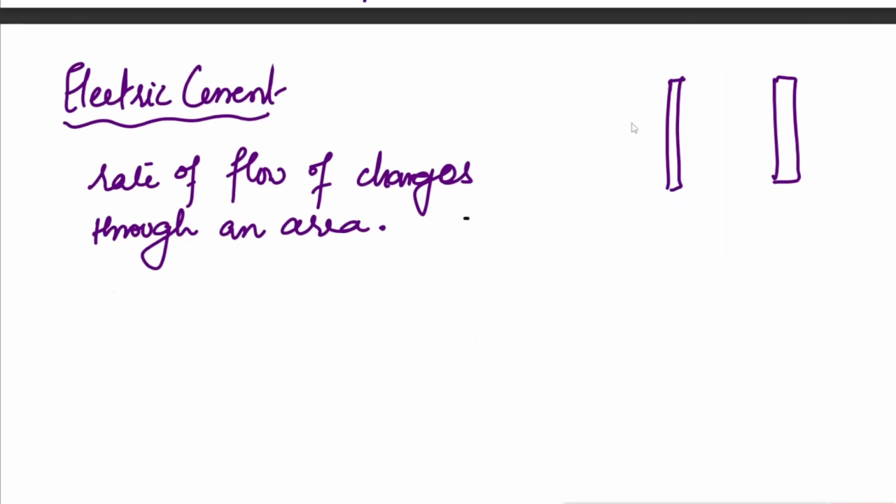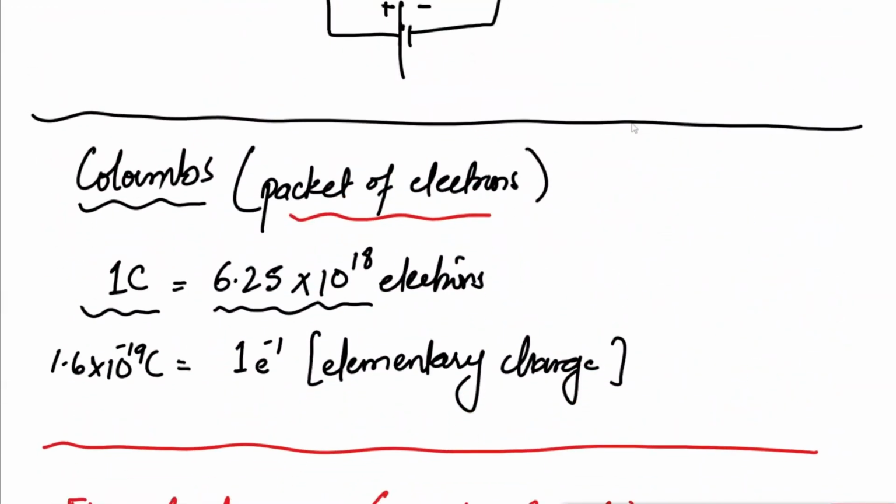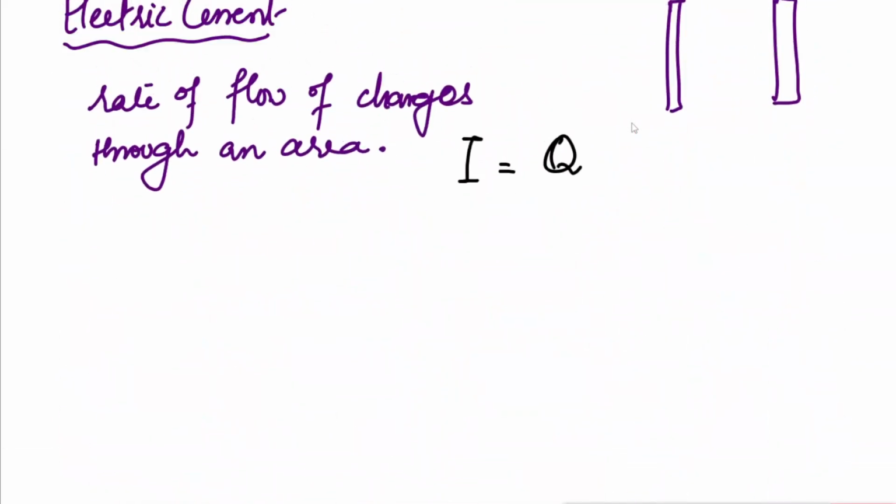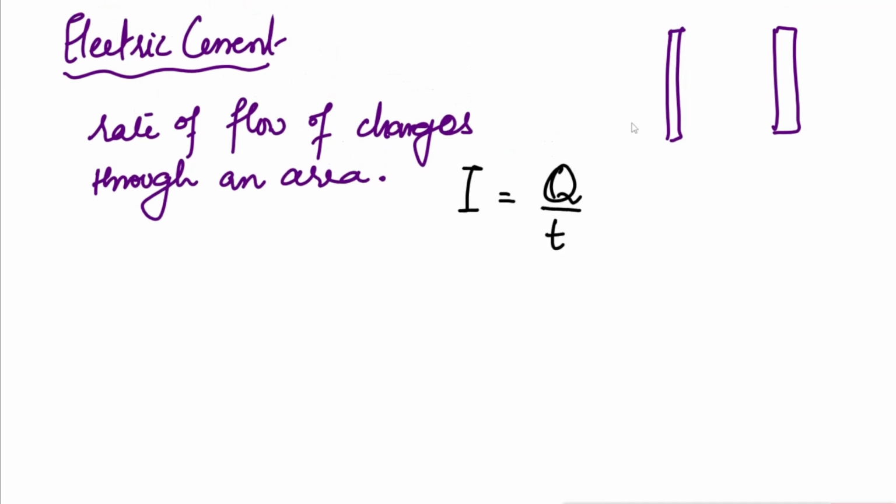We're going to say that current I is equal to charge, which is of course the packet of electrons. Charge is represented in coulombs, and the symbol for that is Q, and the SI unit is coulombs. So how many packets of electrons are going to move through that cross-sectional area per given unit time? Effectively, this is how many electrons are passing through that area in a certain amount of time. Do we understand up to this point? All right. So that is the end of this chapter. We are going to move to the